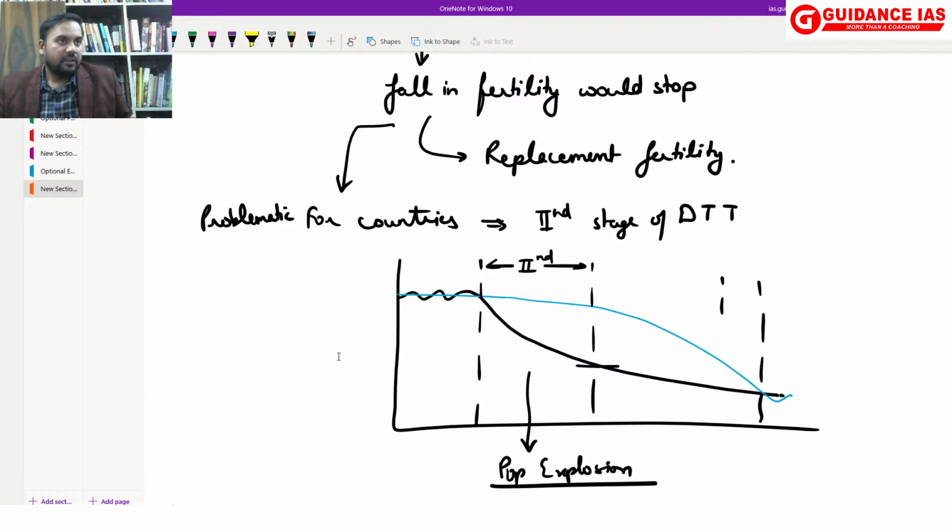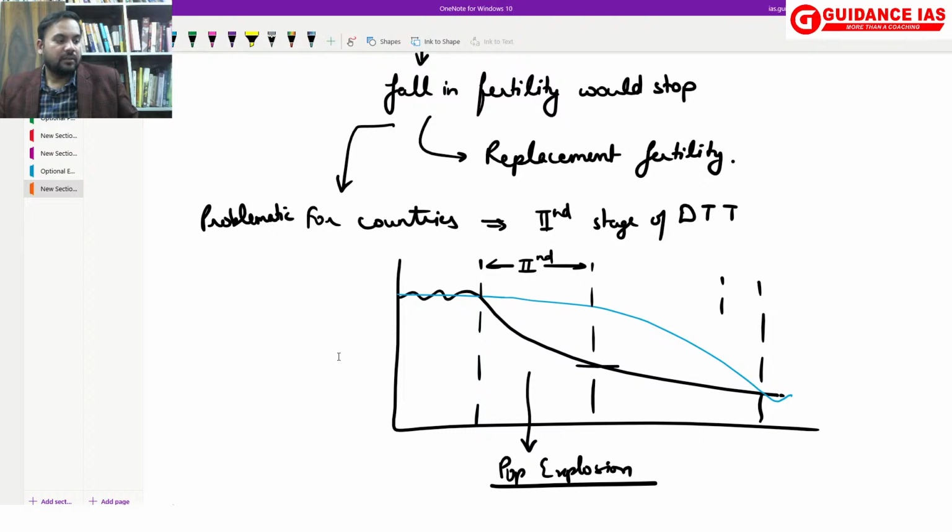Okay? Now, if mortality is not declining, that means it will affect the behavior of individuals, the couples. Okay? And this means ultimately what will happen? They will not let the fertility decline. They will continue to produce more number of children. And thus, over a period of time, it will not happen immediately, but over a period of time, it can cause overpopulation.